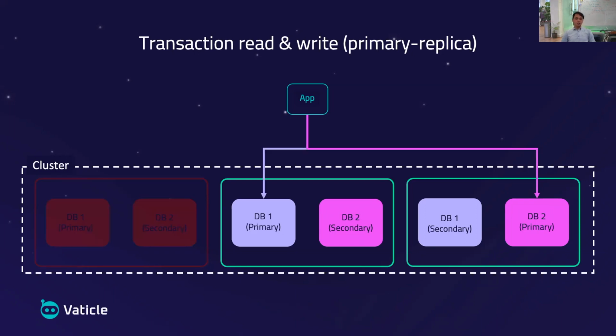Now let's say that at some point, one of the servers goes down. So let's take this example: the first server crashes for some reason, maybe it runs out of memory or some other reason. So what's going to happen in that case? Well, the application performing operations to DB1 will be transparently switched from connecting to server 1 to connecting to the next server that hosts the primary replica for DB1.